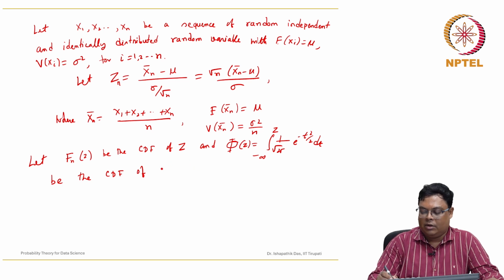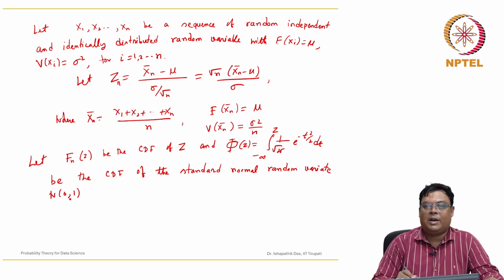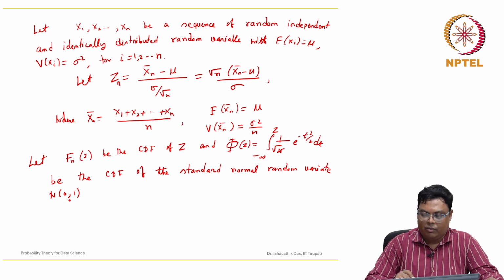So, we say that of the standard normal random variable, random variate. Sometimes we denote it by N(0,1). Basically, normal distribution with mean 0 and variance 1, we say standard normal random variate. Then